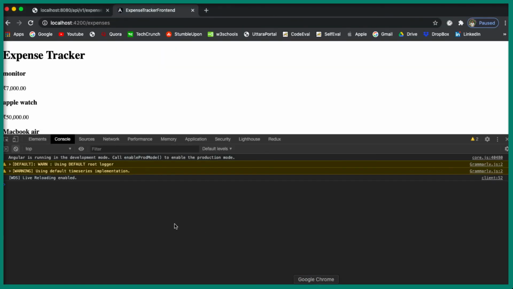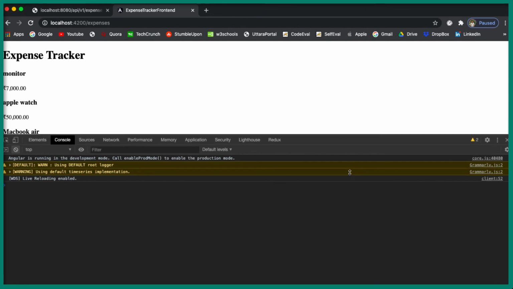Let's go to the browser. Okay, now you can see it is displaying the list of expenses. Sometimes this happens, I don't know why. Maybe after we add the routing, we need to restart our application. Whatever the reason, if this didn't work when you added the routing, make sure to shut down the server. You don't need to close Visual Studio Code, I just did that, but you just stop the server and restart it again, and it will work.